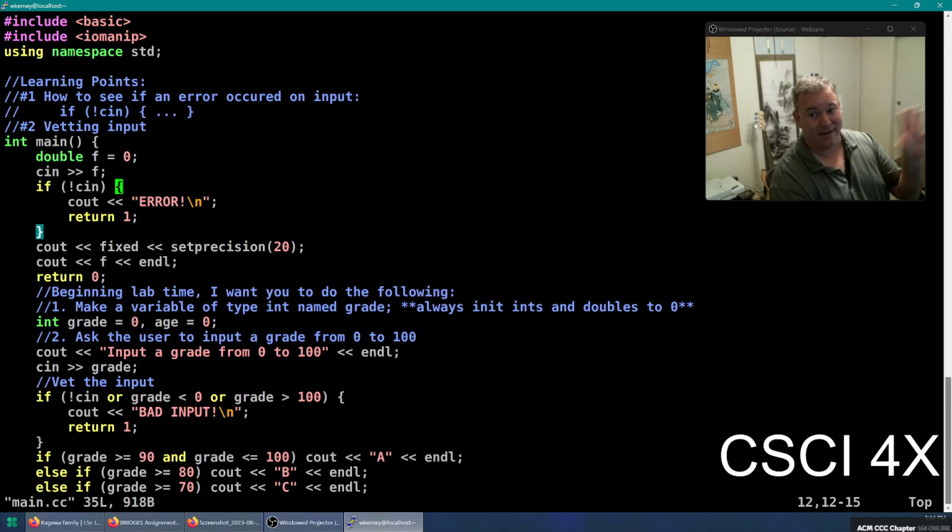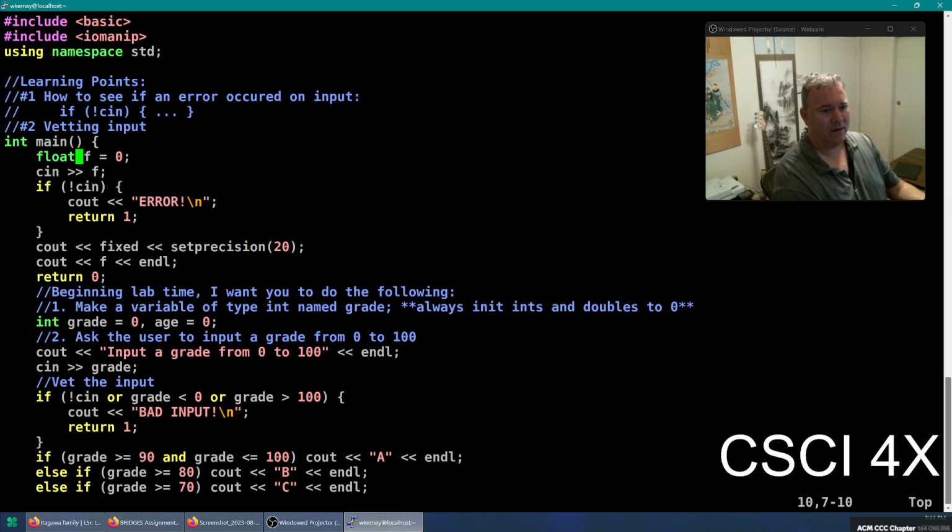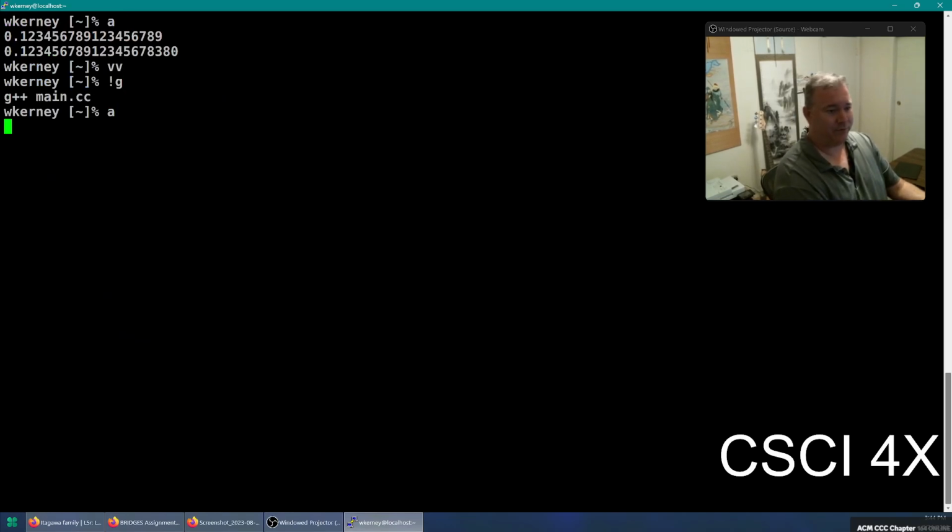Like, you're not going to hit it with a centimeter of accuracy. So it's probably more precision than you need if you were to shoot a gun. 20 sig figs of accuracy is probably more than you need because error in the physical world is going to be bigger than the code error. But if we do this with a float,